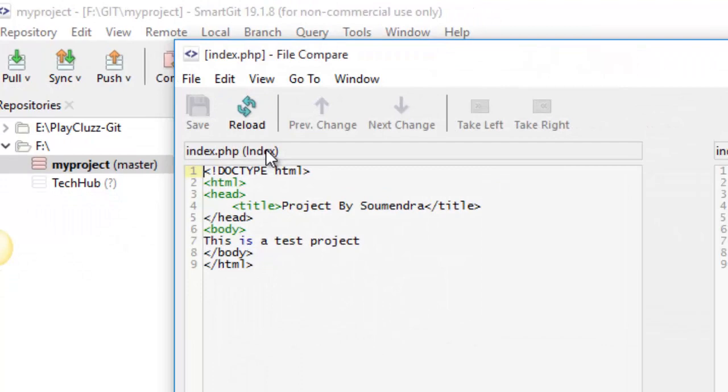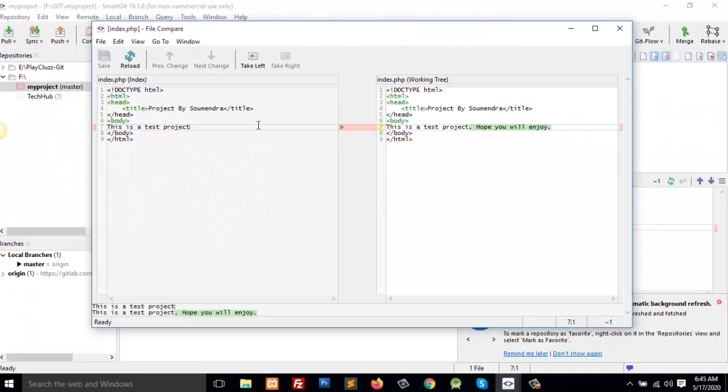If I double click on this, I can see the changes what I have done here. So these are basically the changes. See, on the previous version there was not the last line that I have added on the last update.